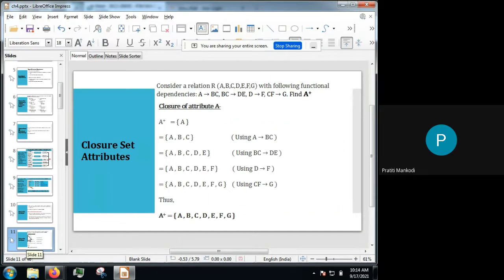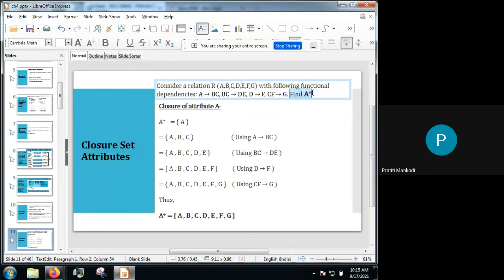Let's do one example together, and then I will show you how to find the closure of other combinations. So let's say I have a relation called R having A, B, C, D, E, F, G. This will be given to you, because only then can you say whether this closure is getting all the attributes or not. So R will be given to you. Also the set of functional dependencies will be given to you, and it will be told to you to find A plus. So for whom do you need to find the closure? A. For attribute A.